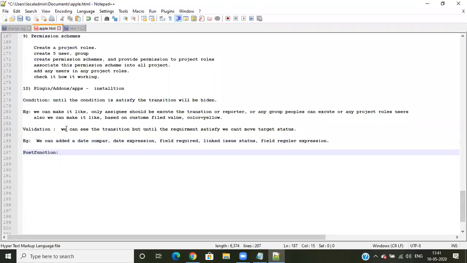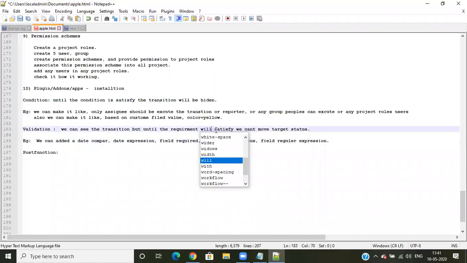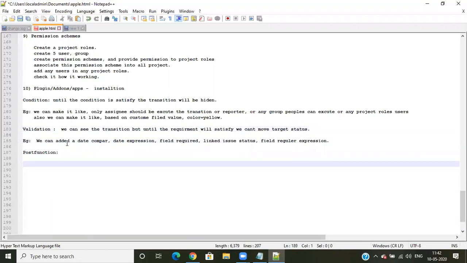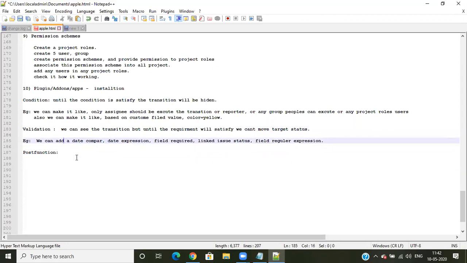So validation means we can see the transition, but until the requirement is satisfied, we cannot move to the target status. We can add date comparisons, date expressions, and field expression examples.